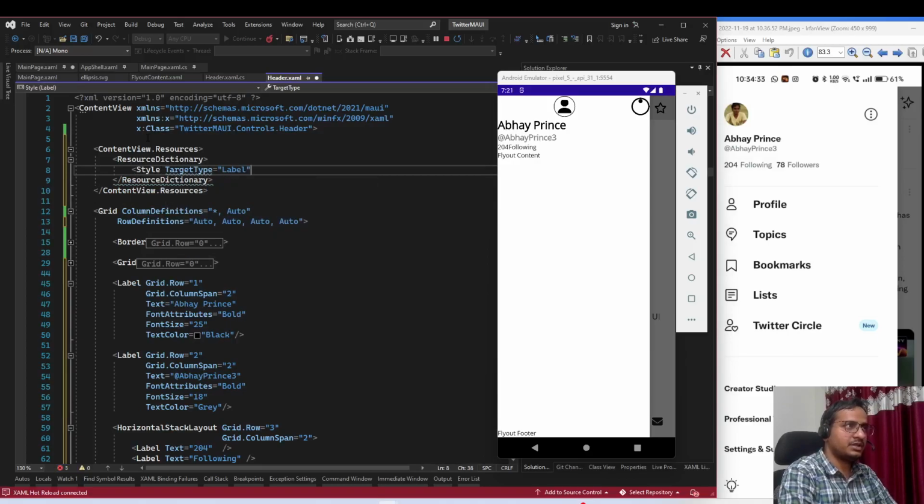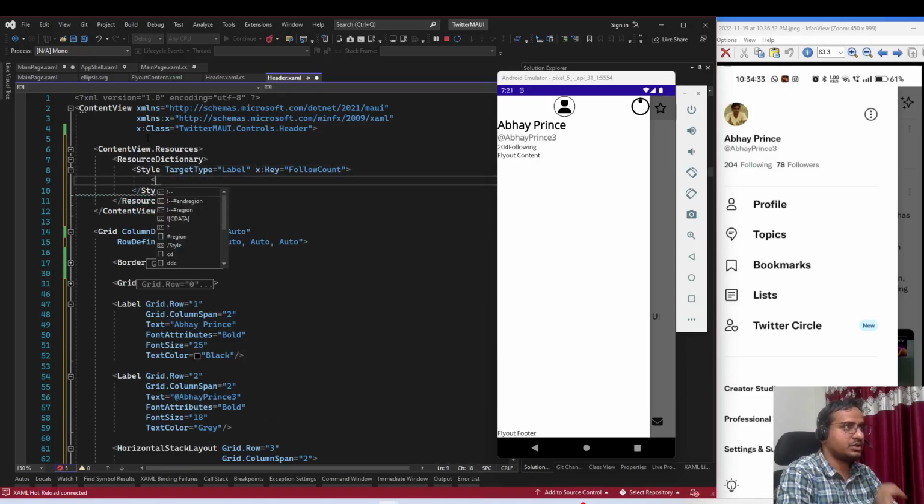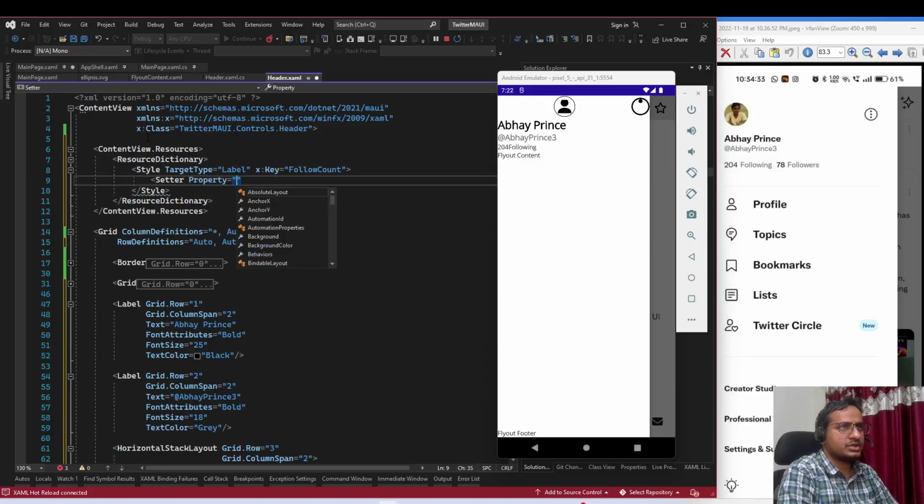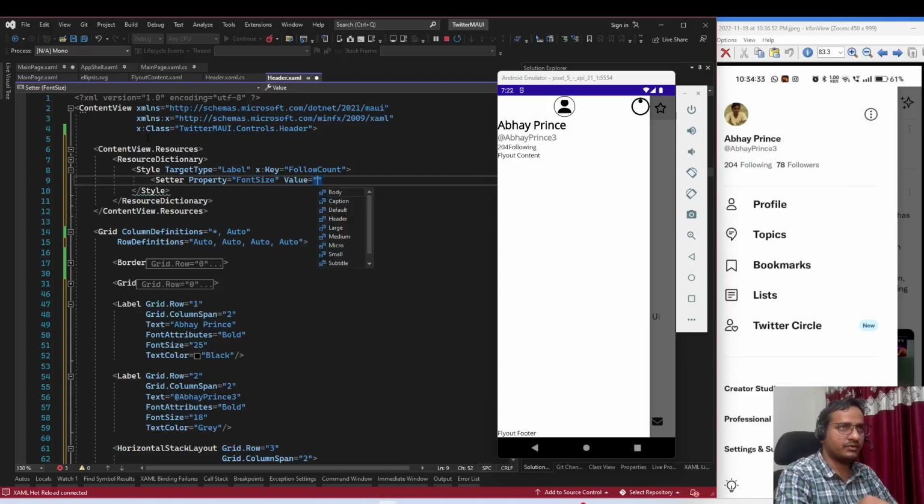Target type would be Label, and x:Key is going to be, let's say, FollowCount. It will include following and followers both. For this, we will have a couple of setters. Setter first thing, font size, and for value, this is I think the same size as the Twitter handle. For the Twitter handle we used 18, so we are going to use 18 here,